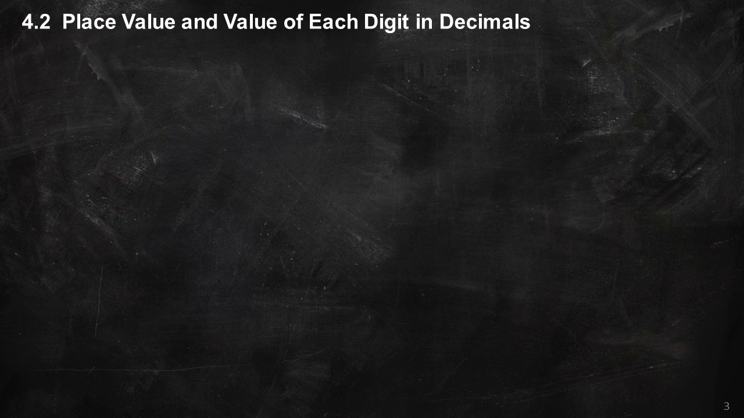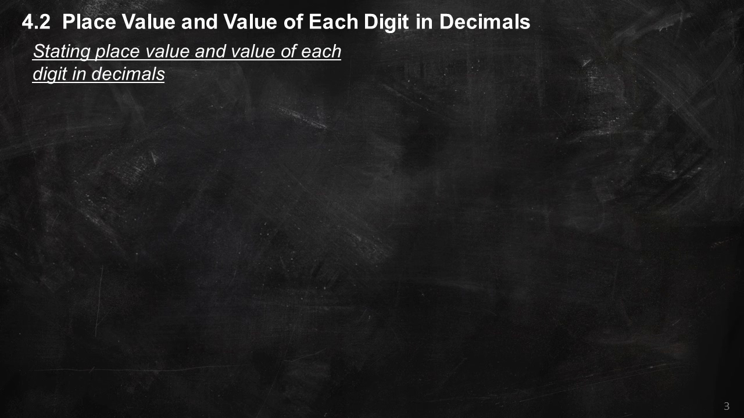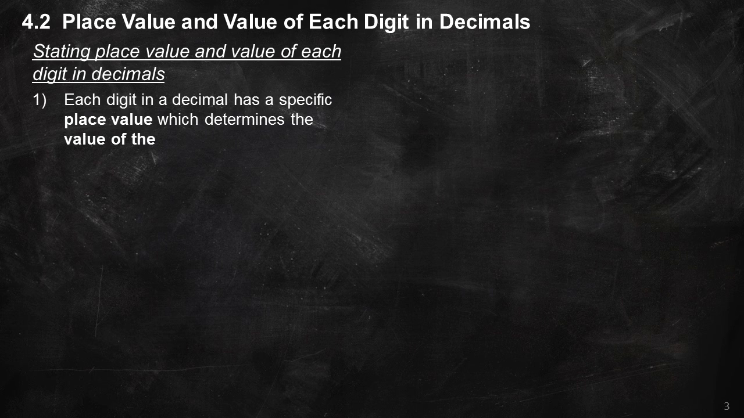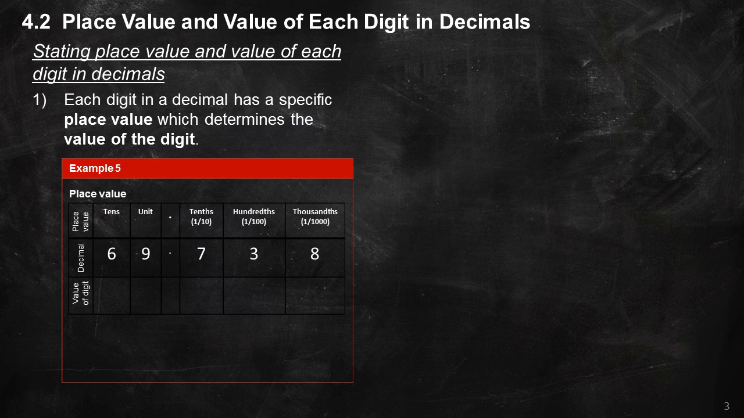4.2. Place value and value of each digit in decimals. Stating place value and value of each digit in decimals. 1. Each digit in a decimal has a specific place value, which determines the value of the digit. Example 5. The place value of each digit in number